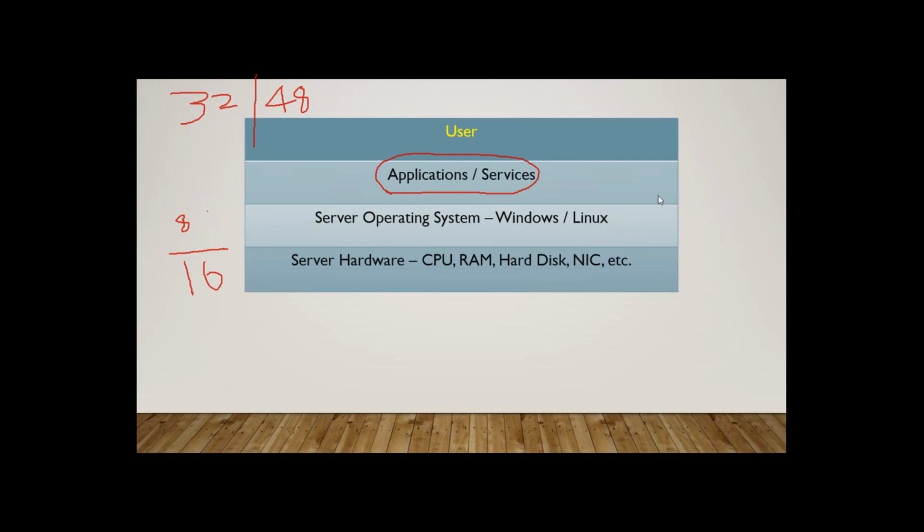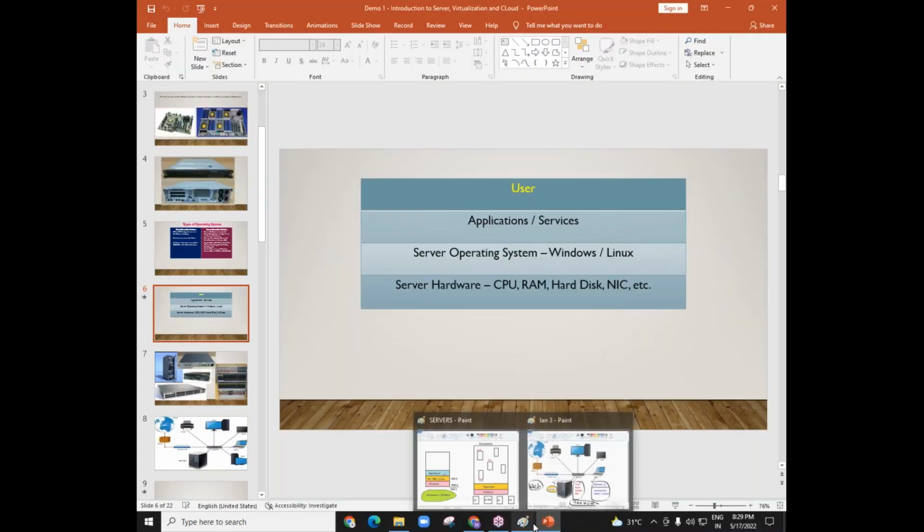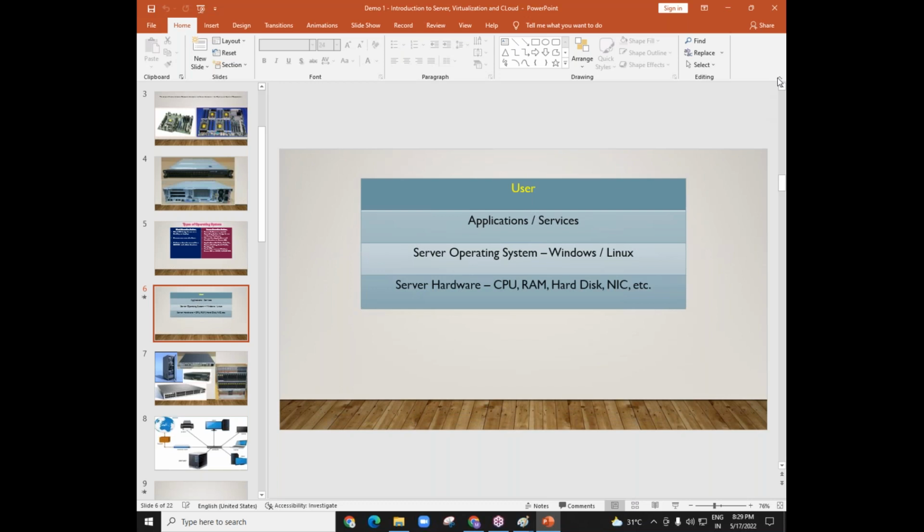Okay. So this is all about server. Now let us see how we can take servers, or from where we can take servers. Very interesting. Now listen carefully. If you have to take a server, like from where you have taken the laptop, you went to some shop, some showroom, or maybe some online website like HP, Lenovo, wherever you ordered the laptop, and that laptop was delivered to your home or whatever address you have given. Same thing will happen with the servers also.